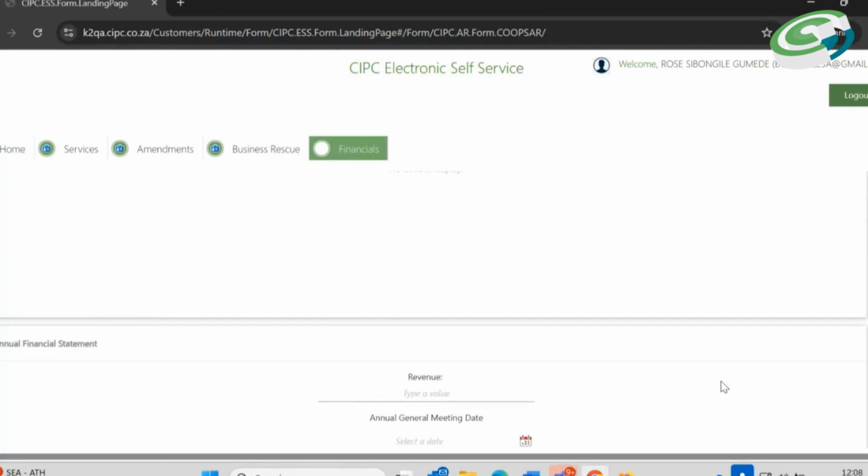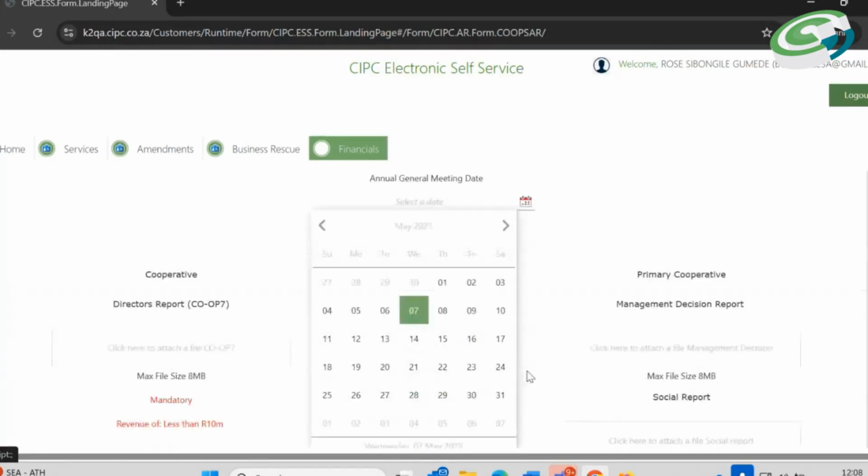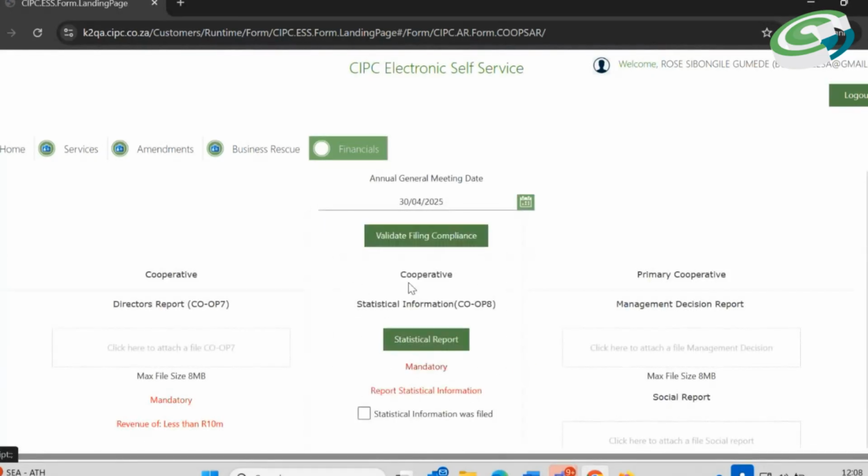At this page is where you will capture your revenue, meaning your turnover for that specific year. Then the annual general meeting date. Obviously, the annual general meeting date will be the date prior to the filing date. At this page is where you have to upload the fully completed Co-op 7.